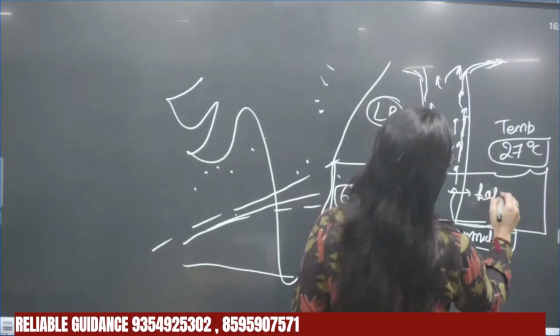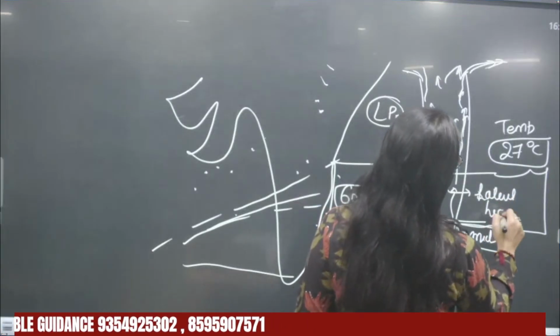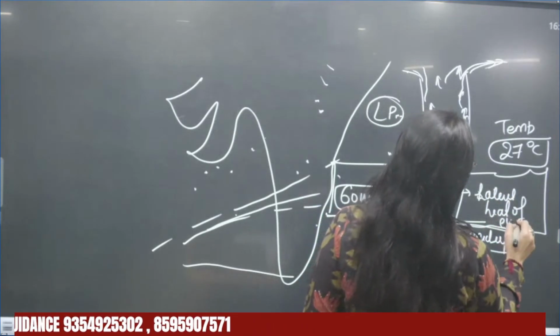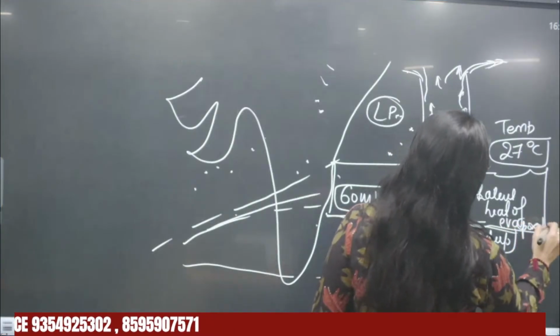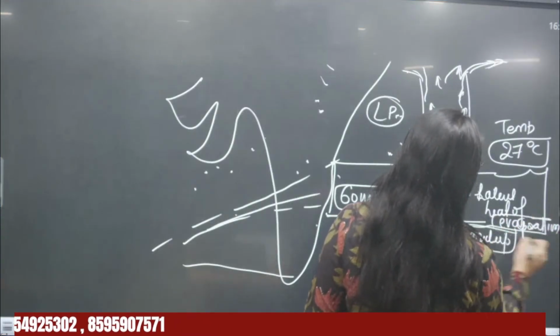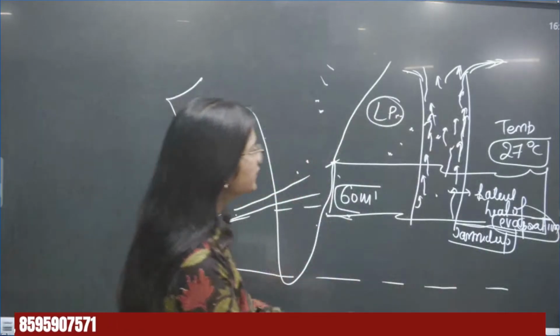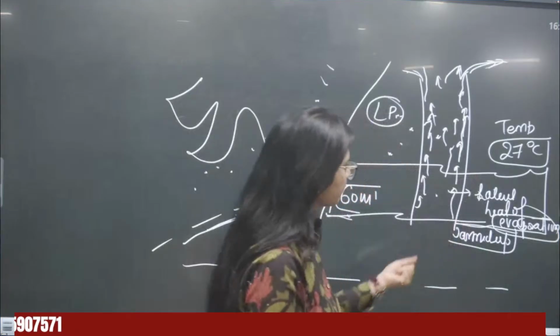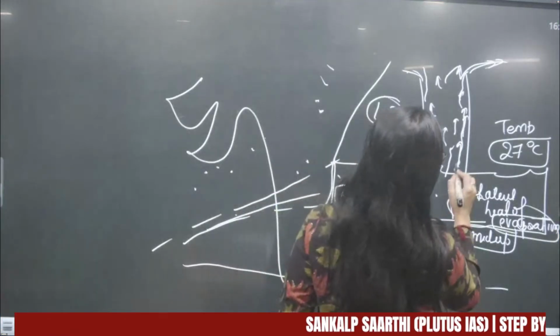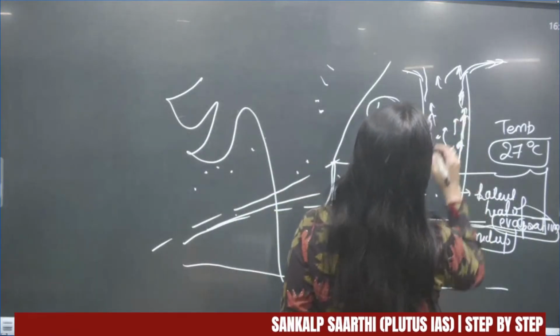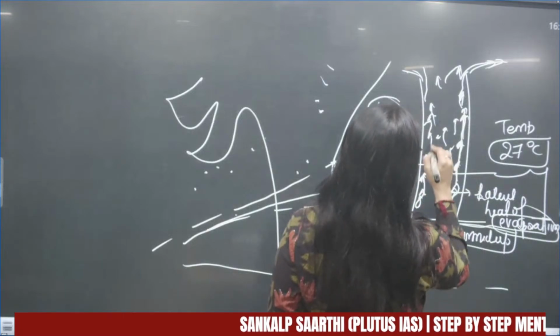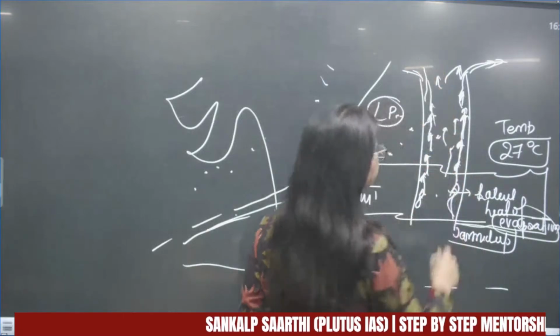Latent heat of evaporation is there. While something is evaporating, what is it doing? Can you see that it is taking the energy and going up? The moment it will go up,